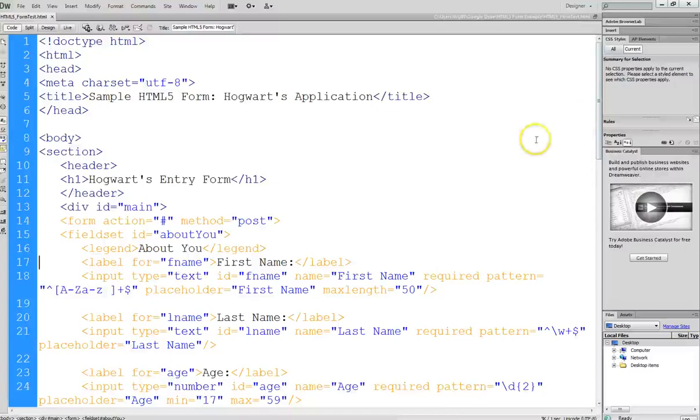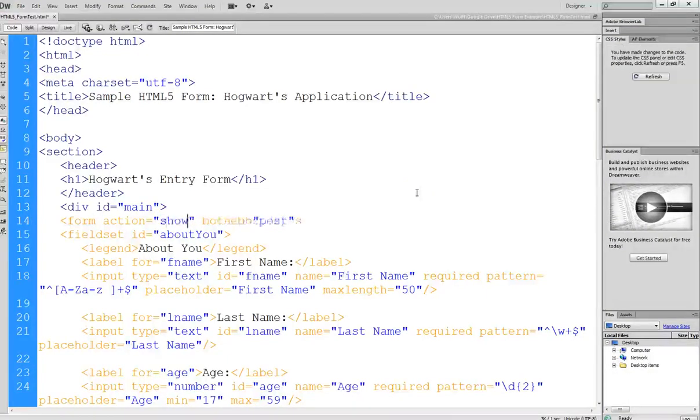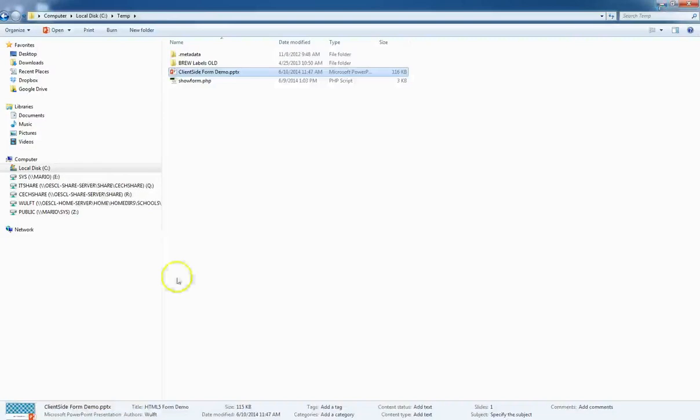Okay, all right, first thing that we have to do is connect the script on the server here. So this is called show form.php, and originally I thought that there was a problem with the script, and I played around with it, but then I realized that basically for the script to work you have to have the name element filled in for each of the input types. So make sure that you did that, otherwise you won't see how it works. Okay, let's save this, and I'm going to go ahead and minimize Dreamweaver and